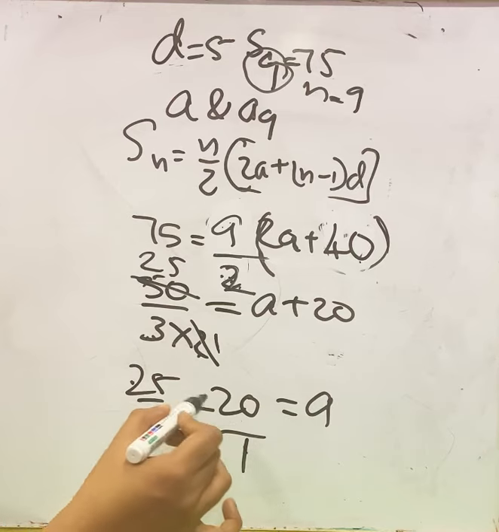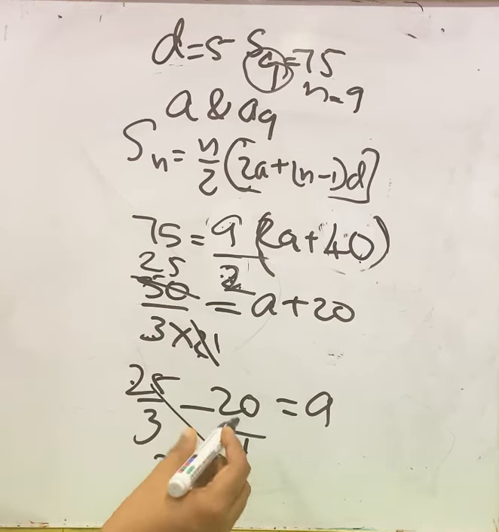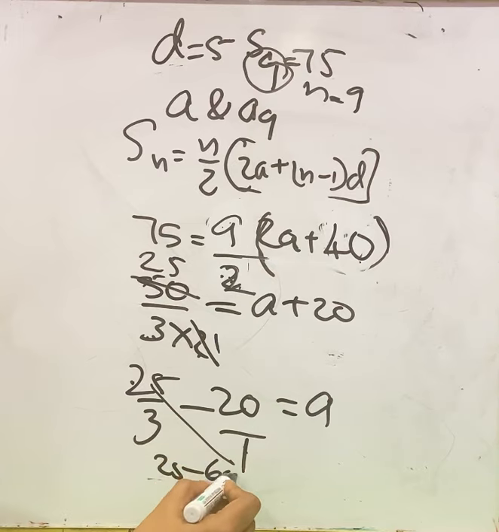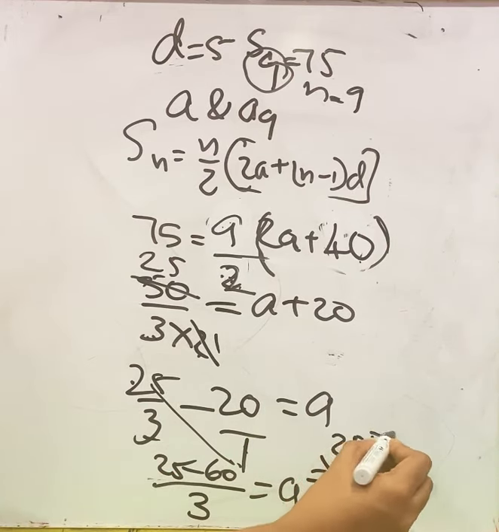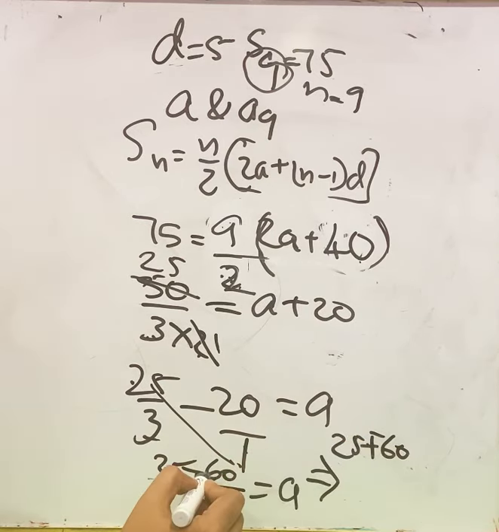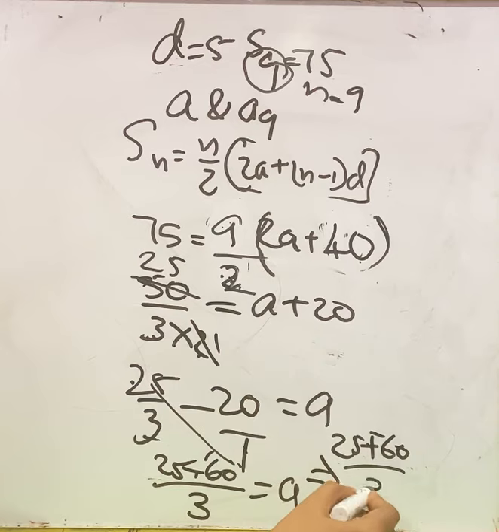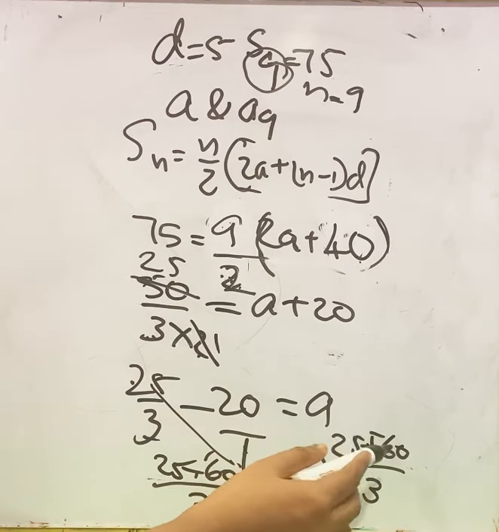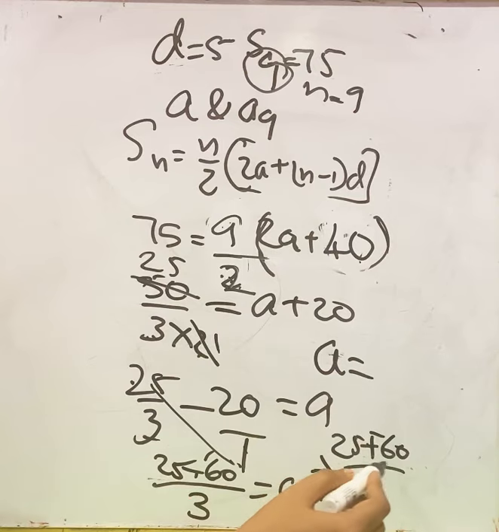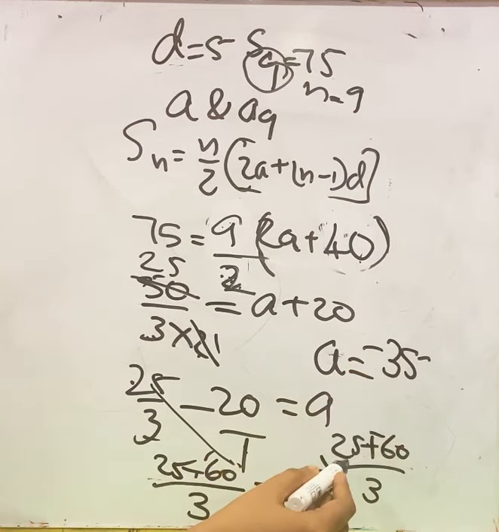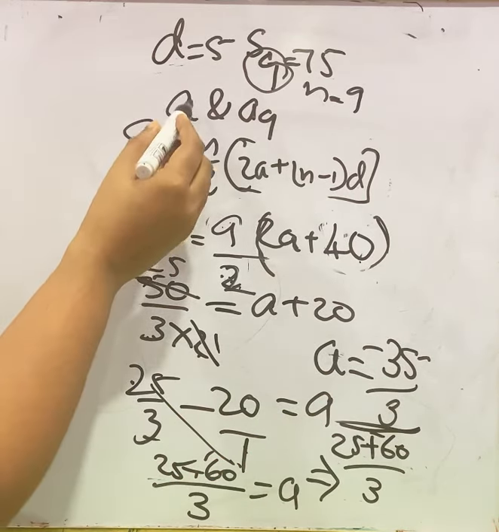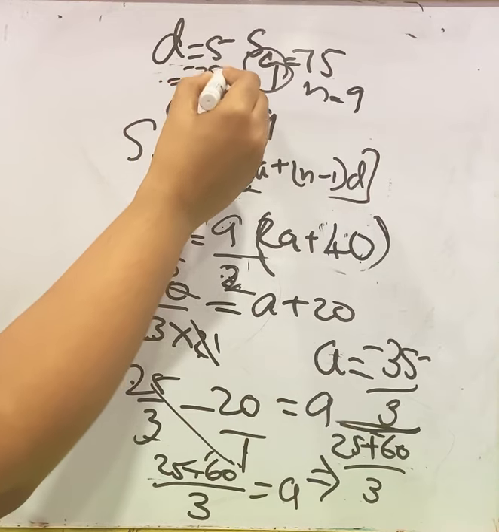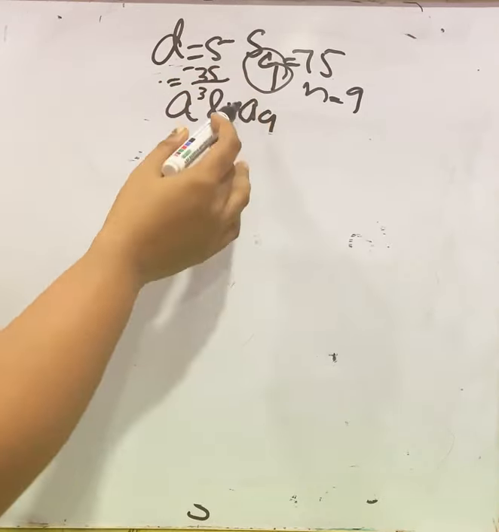Now we have to do cross multiplication. 25 1s are 25 minus 20 into 3, 60, whole division 3 1s are 3, equal to a. 25 minus 60, it becomes 25 plus minus 60, that is subtraction changes to addition and the sign of 60 changes, negative 60 by 3. 25 plus negative 60. So the value of a is, here in the numerator we have negative 35. 25 plus minus 60 is negative 35 division 3. This is the value of a. So here we got a equal to negative 35 by 3. Now we have to find a9.